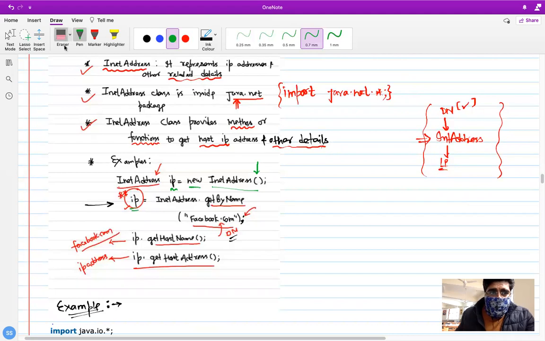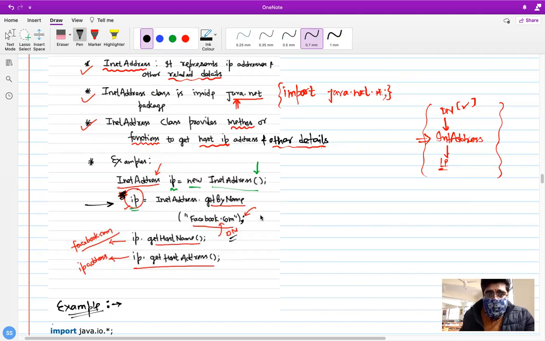Let me erase these, otherwise it seems like a pointer. It is not. It is simply a variable, an InetAddress type variable, which is now storing the IP address. So you must understand getByName. You are providing facebook.com, a domain name, and it is returning you the InetAddress.